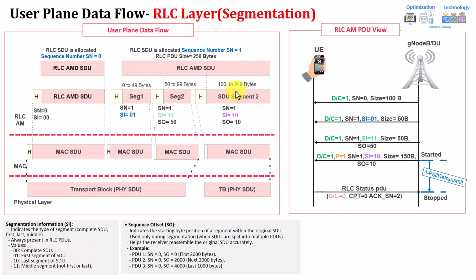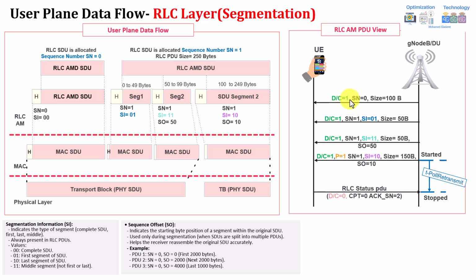So now it's being received. Now what's being transferred to the MAC? The MAC will decide, it will do the multiplexing again, and then it will start assigning to a transport block. It might assign to the same transport block or a different transport block, but it will ensure there is as little padding as it can. So this is expected not to have any padding. So this will be the job of the MAC to do the multiplexing, same as the previous example.